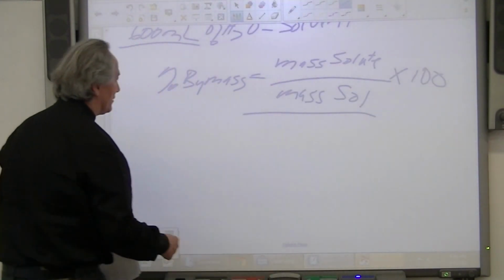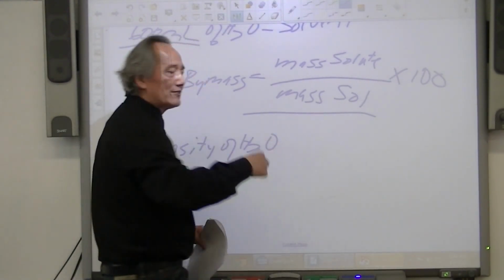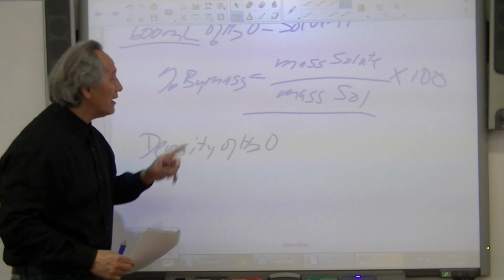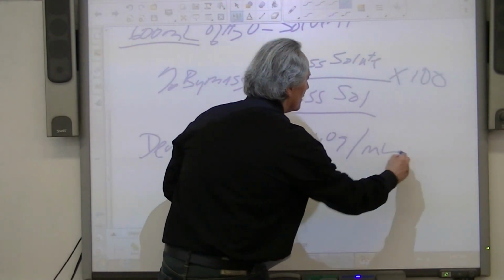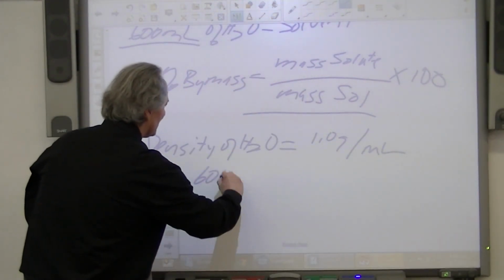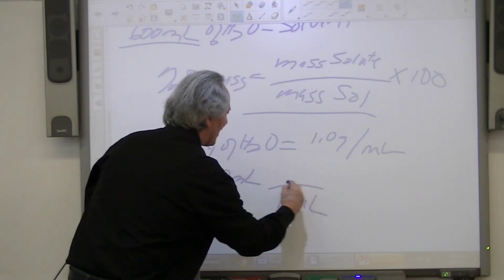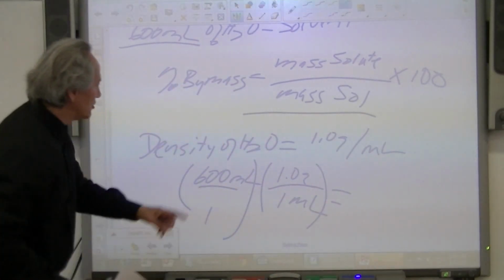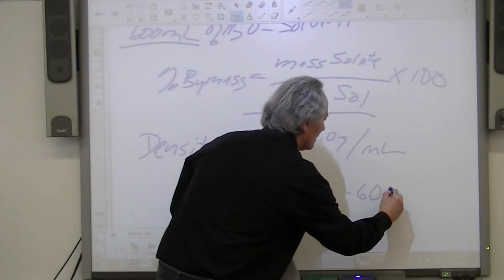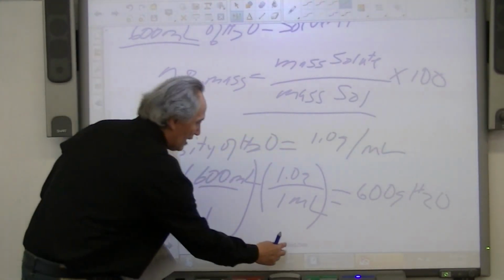Well, there's another piece of information that we can use, and that is known as density. The density of H2O, the relationship of mass to volume for water, is equal to 1.0 grams per every single milliliter. We've got 600 milliliters of that, and my conversion factor is that every 1 milliliter is 1.0 grams. So we can put this into a simple linear equation, multiply it out, and this translates to 600 grams of H2O. So the 600 milliliters is 600 grams of H2O. Let's extend this out so we have a little more working surface here.